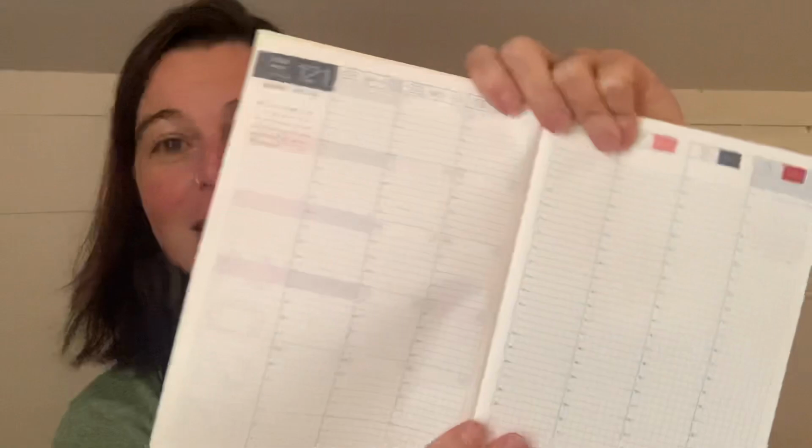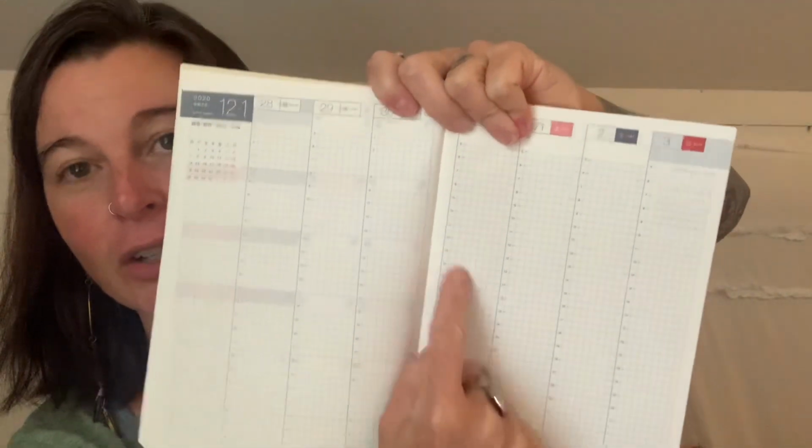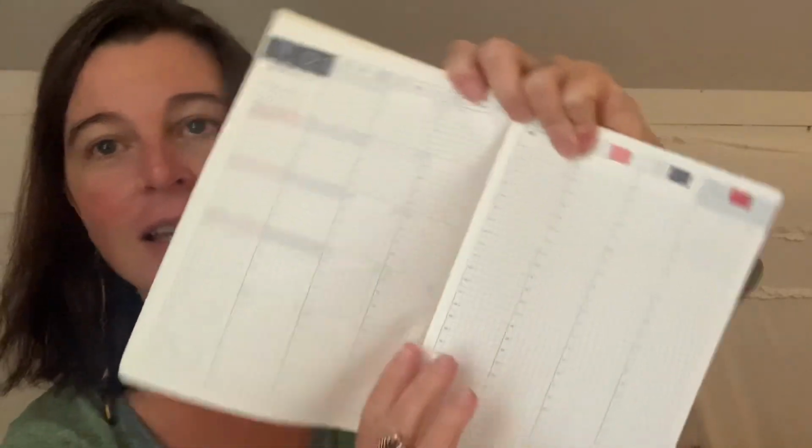Then it has a weeks section, if you can see, and it's vertical. So you've got a vertical weeks, and I think they're all a Monday start, which is what I prefer. And these start the last weekend in December. So the weeks start on December 28. And then after the weeks section,